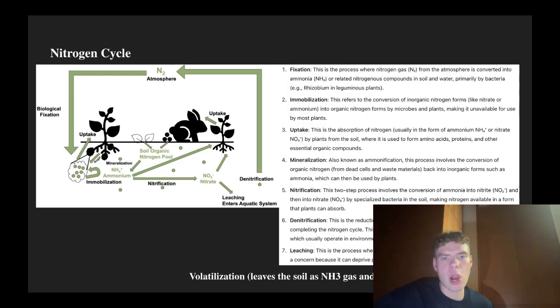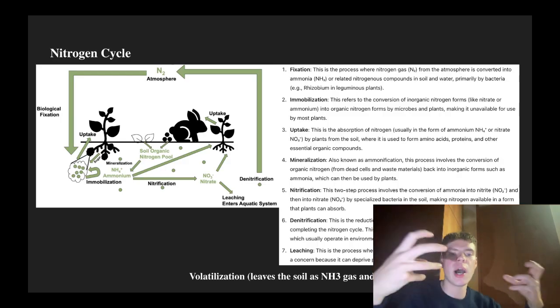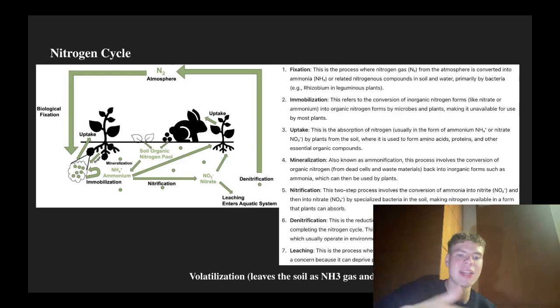So that's why farmers would use manure on plants hundreds of years ago, because that manure is getting broken down and converted into ammonium, converted into nitrates, and then reuptaken by the plants so the plants can use it as energy